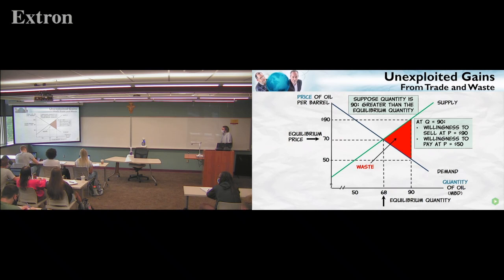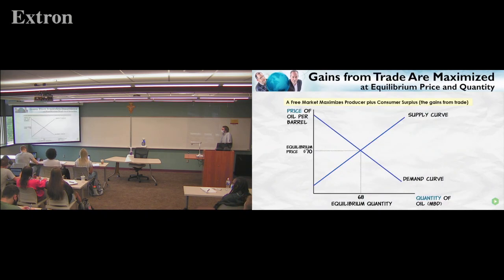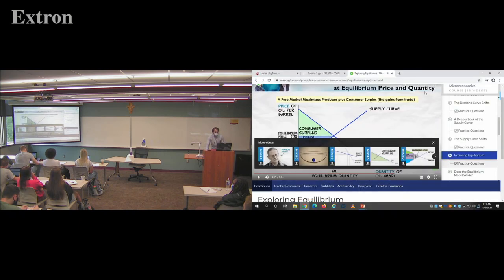And we don't expect waste to last very long in this market, precisely because without any intervention, suppliers are not going to be able to sell a product to buyers for more than the buyers are willing to pay for that product, for more than the product is worth to the buyers. So for this reason, we don't expect waste to last in a free market either. So a free market maximizes the gains from trade. Remember also that the gains from trade can be broken down into two parts, the consumer surplus and... We'll talk about consumer and producer surplus in the next section.